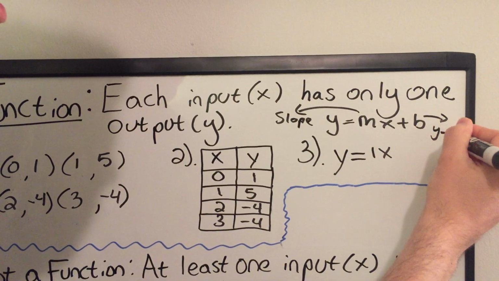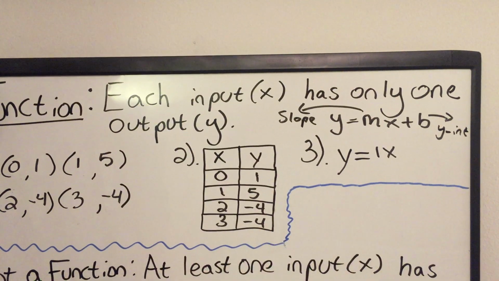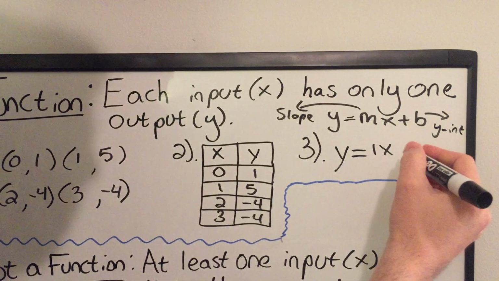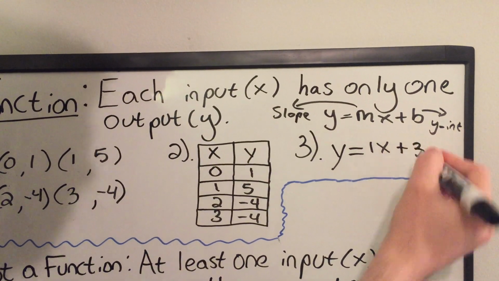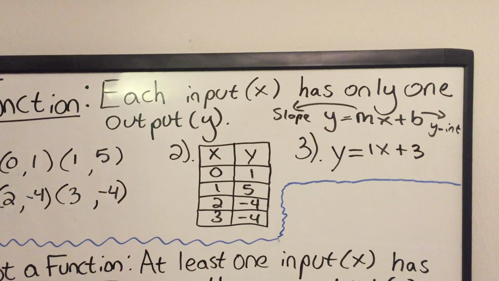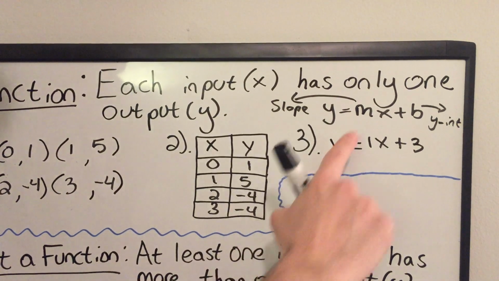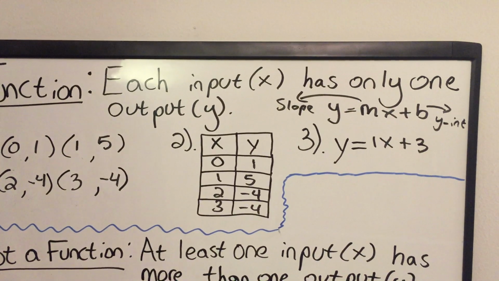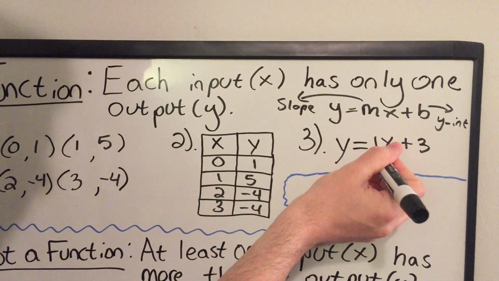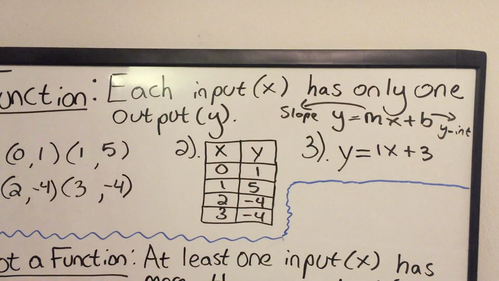is your y-intercept. And so in a second, that's going to come in handy when we talk about a graph scenario. So I'm going to just do 1x, let's do plus maybe 3, something like that. Right there, boom, you got a linear equation. That's going to be a function because it's in that form of mx plus b. Now, could you make a fraction if you wanted to for your slope? Yeah, that's fine. We just got to have it in a form that looks like this and we'll be good